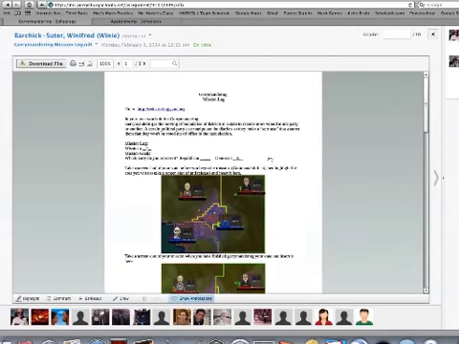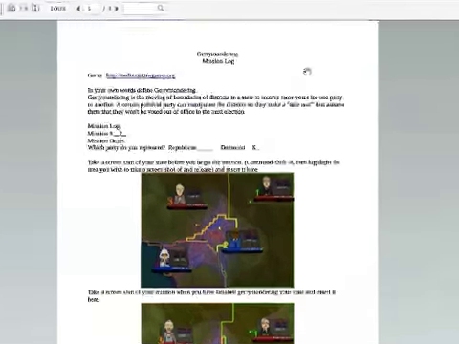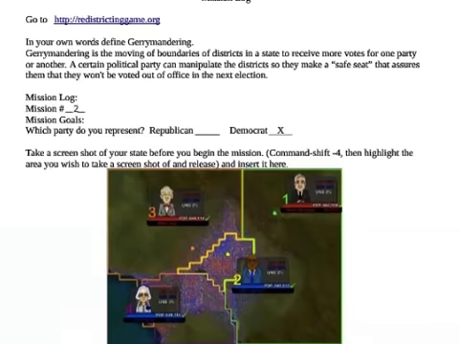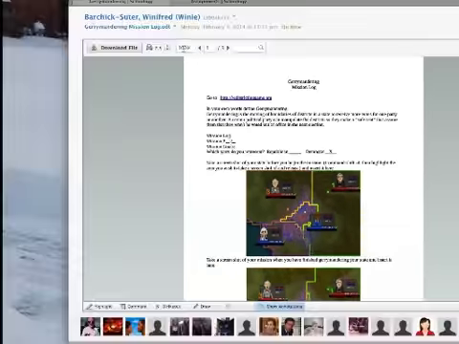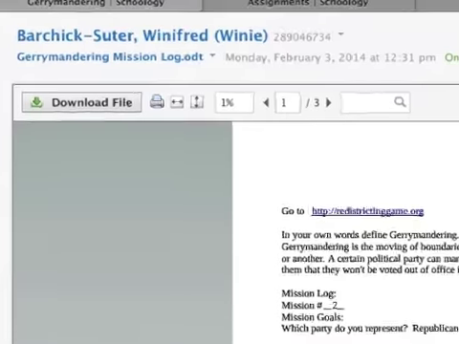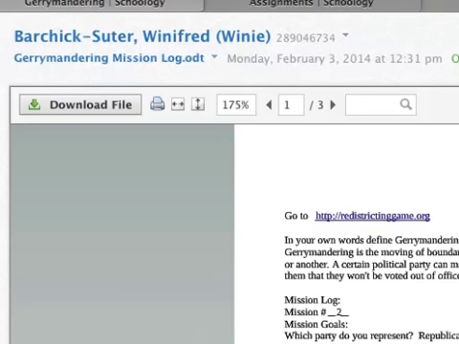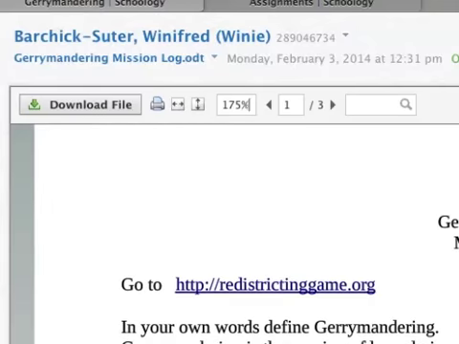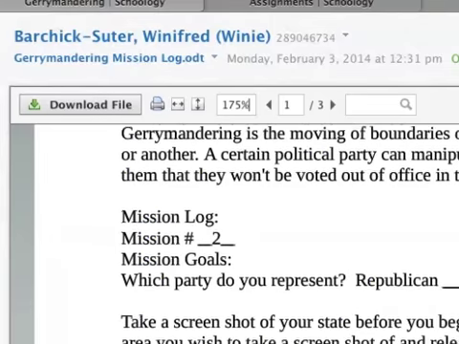So you can see this was a document that I had put out for the kids to download and work on. Now, it looks kind of small. If you want it easier to read, come up here to where this percentage is, and I can change the size by simply typing in 175%, and you see it gets bigger. Now, all I have to do is go through, check out the answers,